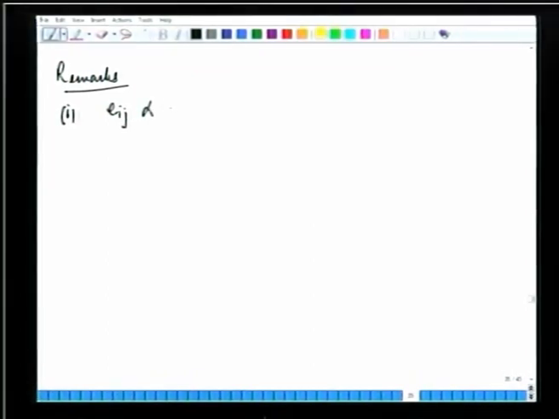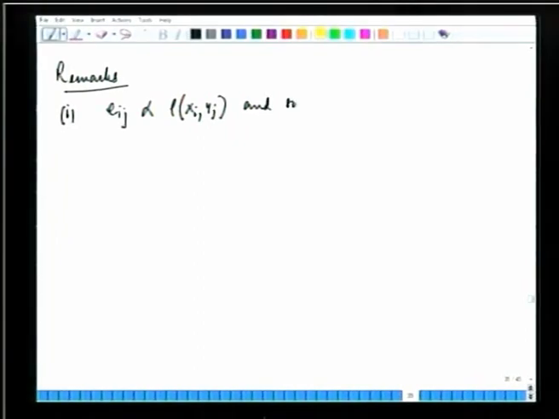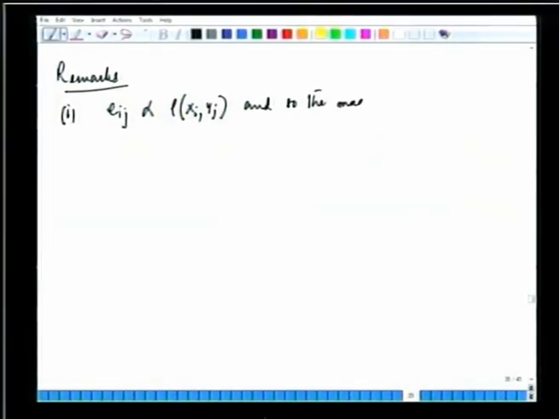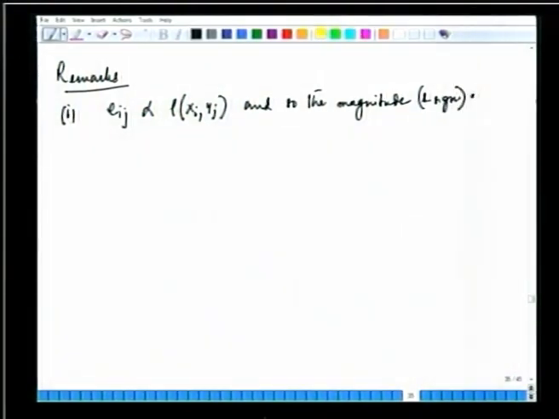This is proportional to the correlation coefficient between xi and yj, and so the magnitude of Eij and its sign also indicate how important xi is to yj, and this helps